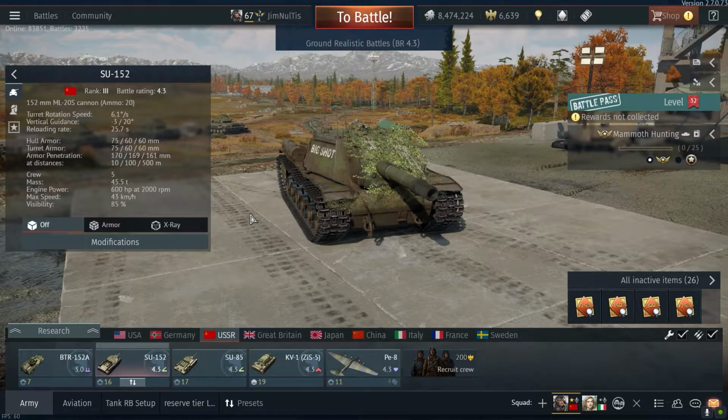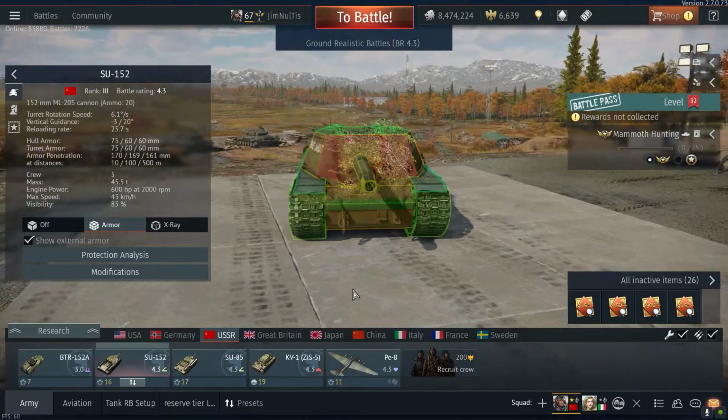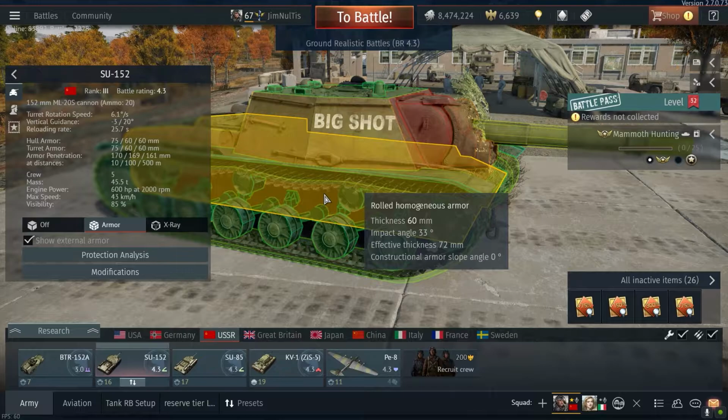Today we are checking out one of the low tier be-all-and-all tanks. This is the SU-152. Now let me break it down to you and you'll see why this is such a deadly weapon. First off, this SU-152 is based off, I believe, the KV-1S, given the size of